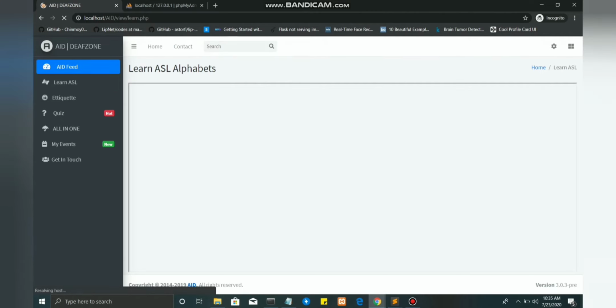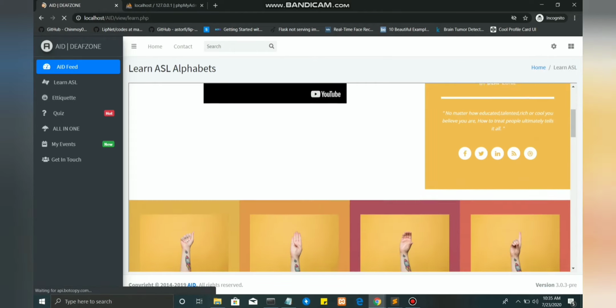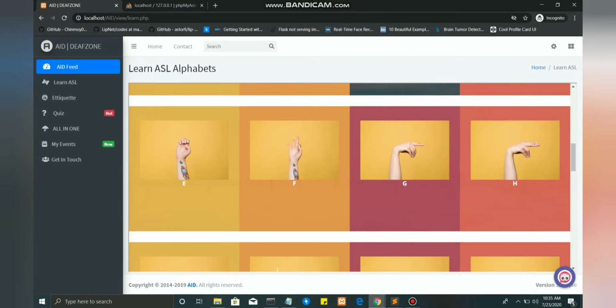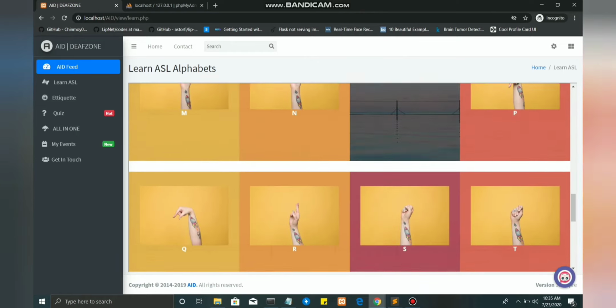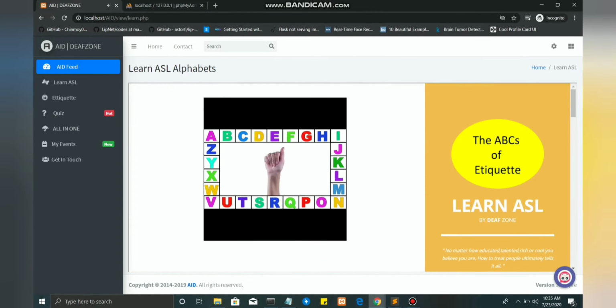Through the Learn ASL section, the users can learn basic ASL. An alphabet chart showing all the alphabets is provided in the section. A video tutorial for learning ASL is also placed in this section. A, your hand is in a fist and your thumb is up like this. B, your hand is all the way extended and your